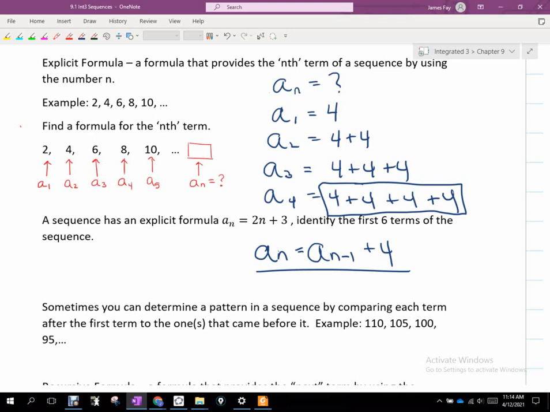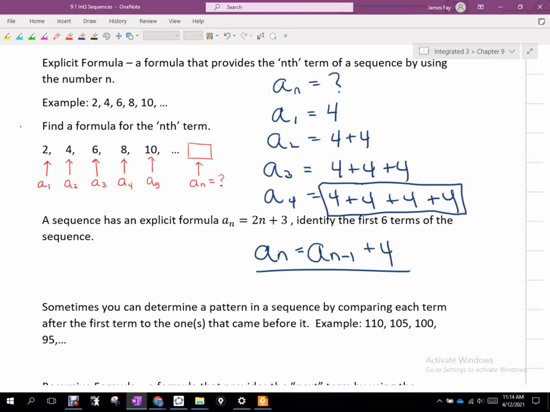Okay, so ultimately, just because it's addition, we can see that it's a little bit easier by adding, but some of these patterns aren't going to be as easy to recognize as just addition. If I want to know the 30th term, don't I need to know the 29th term? And the only way I know the 29th term is if I know the 28th term. And then I've got to know the 27th, right?